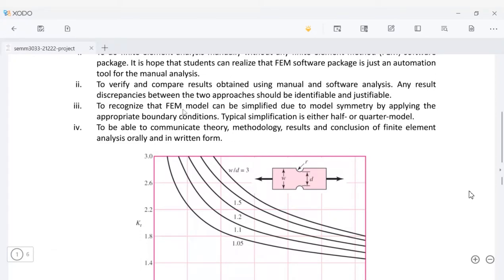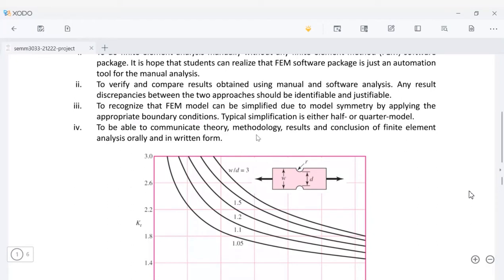Okay, to recognize that the FEA model can be simplified due to model symmetry by applying the appropriate boundary conditions. The typical simplification is either a half or quarter model. So let me give you a clue. For this project, you can use a quarter model, but you need to assign the correct boundary conditions to be able to communicate